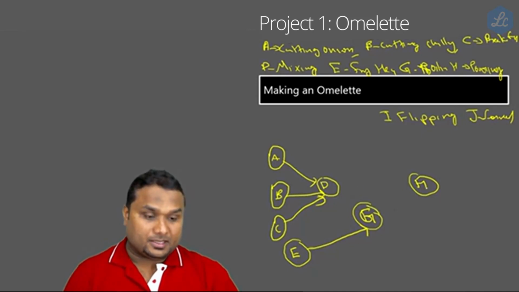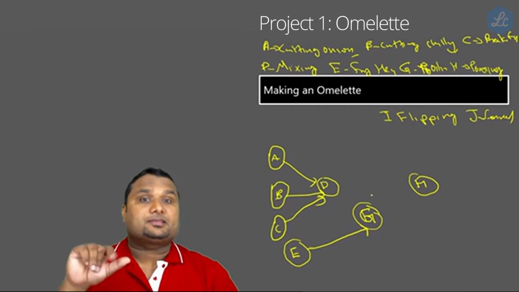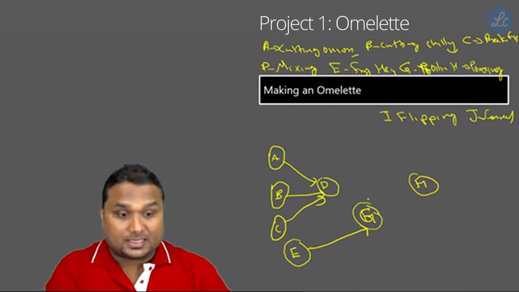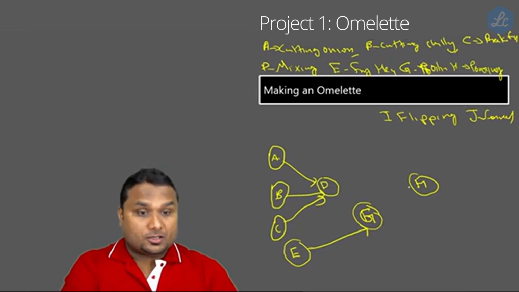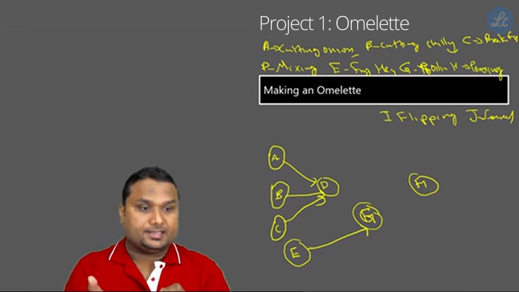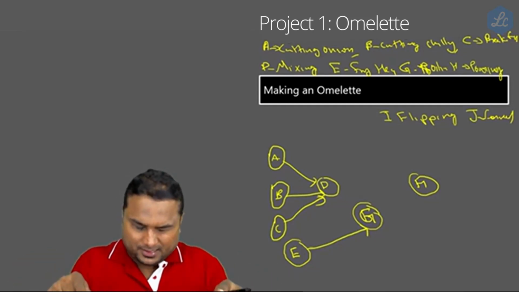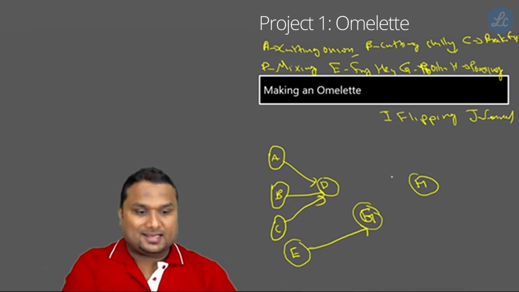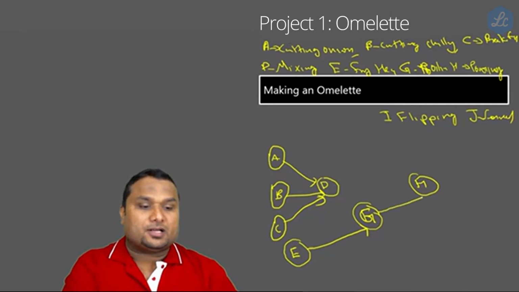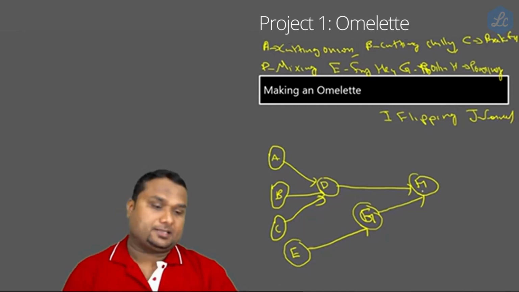the mixed item is just pouring into the fry pan. So oil has to be applied, the mixing has to be done. Both have to be done. Please understand that. If you want to pour the mixture, the onion, chili, and the broken egg are mixed, they are applied with some salt, and they are mixed, and they are supposed to be poured into the fry pan. So this has to be done only after applying oil and after the mixing. So these two steps must be done before the step H.